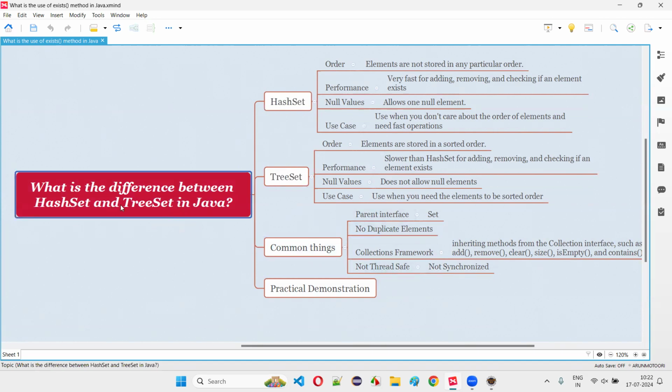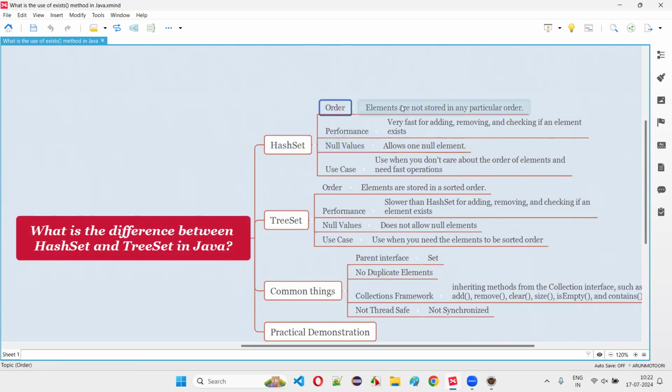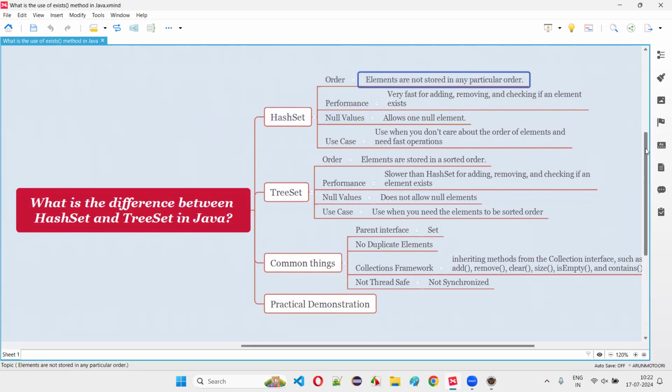Now let's understand the differences between HashSet and TreeSet. Coming to the HashSet, what are the differences we have? The name Set sounds the same, but here HashSet is there, here TreeSet is there. Coming to the HashSet, the elements are not stored in a particular order, whereas inside the TreeSet, the elements are stored in a sorted order. Whatever elements you add to the TreeSet will be automatically sorted. For example, if you store numerical elements into this TreeSet, they will be stored